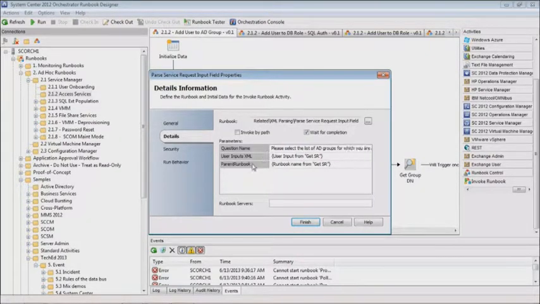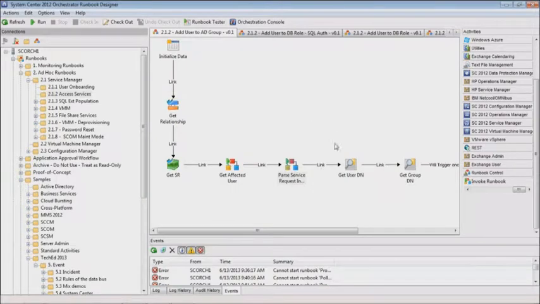The user inputs come in an XML form. I can easily parse those with a query XML activity in Orchestrator. Once I grab that XML for Service Manager, I'm going to do all of the slicing and dicing of the request based on the titles in my fields. There are several examples of this on the internet for sure, and we saw some of these at the Management Summit and